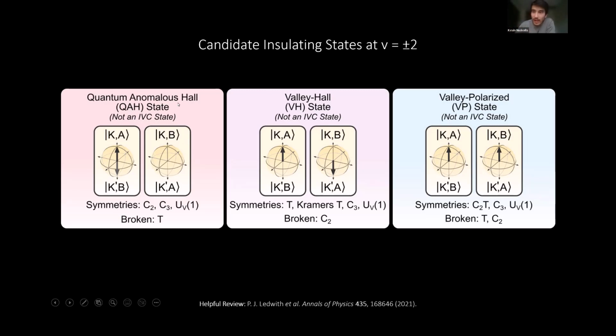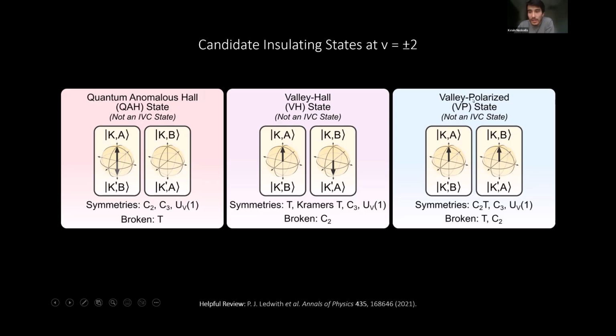So a really obvious way to do it is to polarize into the one Chern sector and just occupy the 2 degrees of freedom given to us. So something like Ka and K prime B. This Chern polarized state breaks time reversal symmetry spontaneously, but it protects C2 symmetry and would emit a quantum anomalous Hall effect. So this is ruled out by transport experiments,